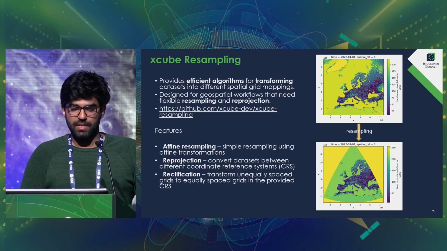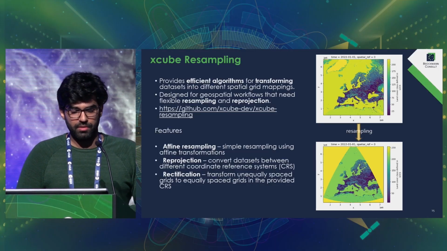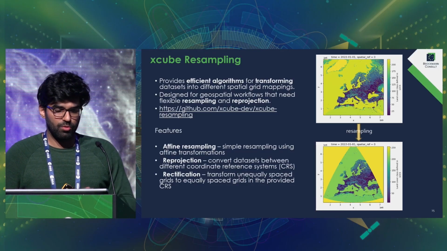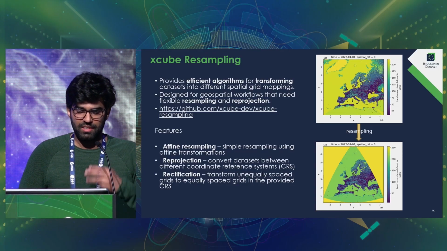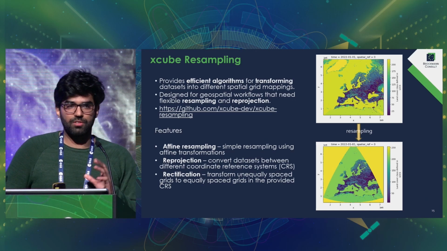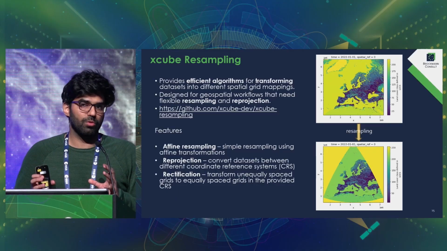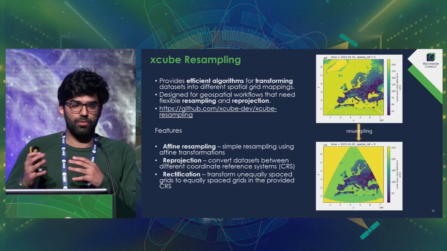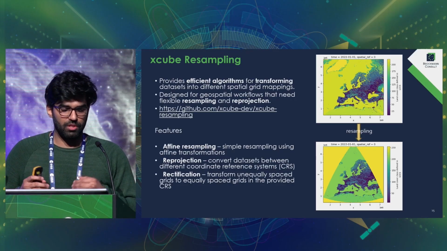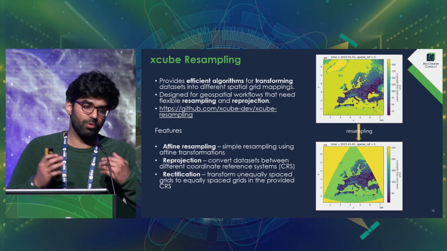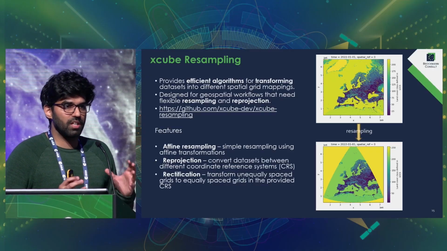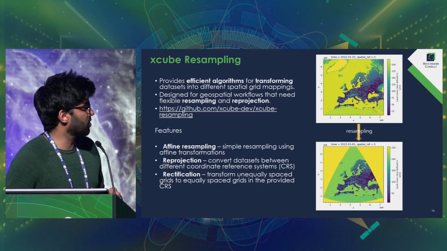Coming to the Xcube resampling, this is also a library that Xcube has, which allows transforming datasets into spatial grid mappings. It has three features. The first one is affine grid resampling, which means you're in the same CRS zone, so you just want to move from a higher to lower or lower to higher resolution. Then there's reprojection, where you want to go from one coordinate system to another coordinate system. And finally, there's rectification, where you want to go from unequally spaced grids to equally spaced grids in the